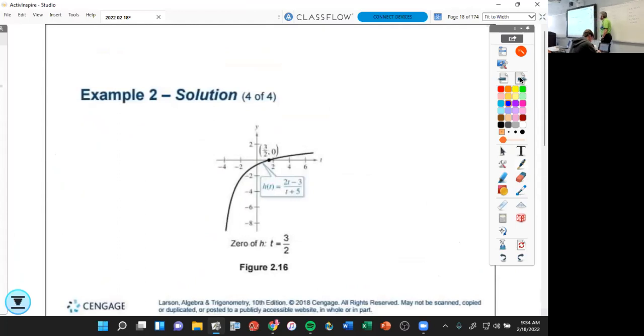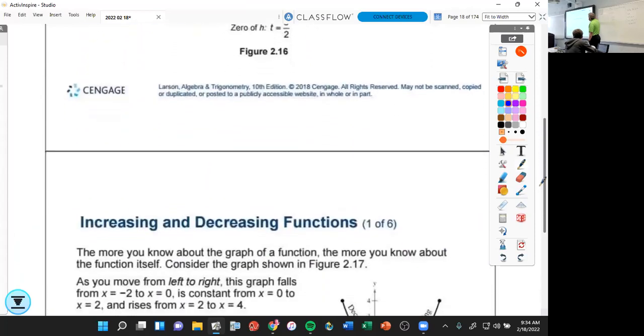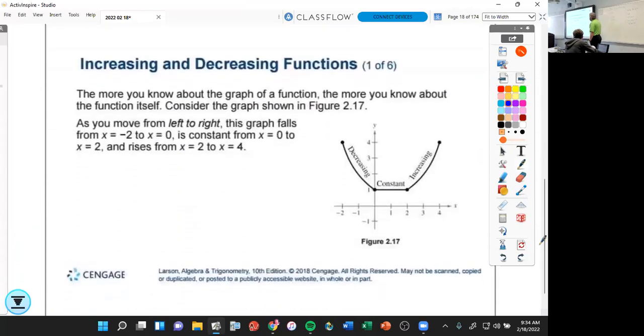And this is the graph of that last part. Talking about when a function is increasing and decreasing. I think we've done that this year, haven't we? Have we talked about intervals when the function's increasing, decreasing, or constant? Okay. So looking at this graph,